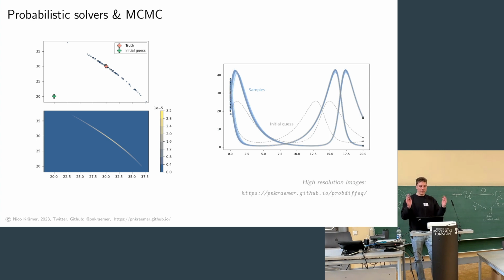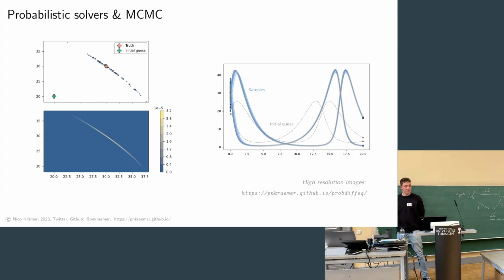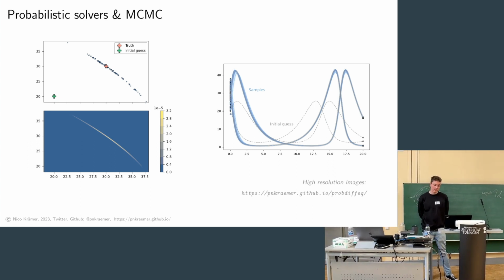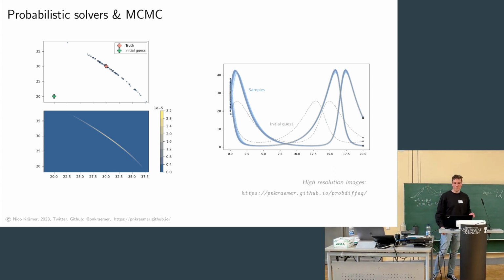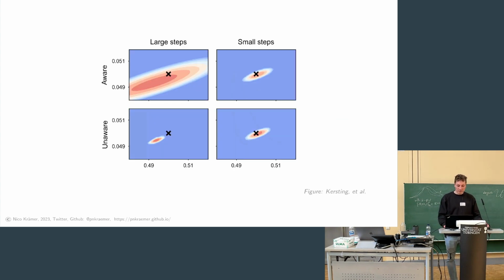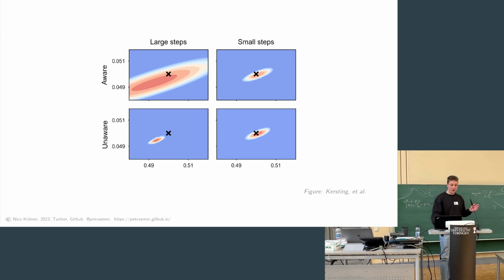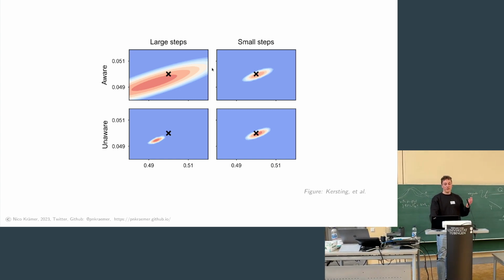And once we have these, then we can plug these informed evaluations of our likelihood functions into some Hamiltonian Monte Carlo method, and we can sample from our parameter posterior. If we're looking at probabilistic solvers in the top row and non-probabilistic ones in the bottom row, if our solution is bad, then the concentration of the posterior is not where the true parameter is, and only for really small steps